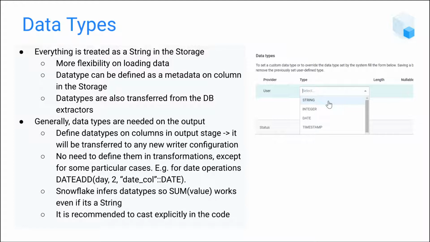You can define data types on columns in the output stage, and those will be transferred to any new write configuration. There's no need to define them in the transformations except for some particular cases, for example, some date operations. Snowflake has a great inferring function, so it knows to automatically convert, for example, string to number when you're using the sum function. As a best practice, as I was mentioning a couple of slides earlier, it is recommended to cast all the data types explicitly in the code, as this gives you better clarity of what is going on